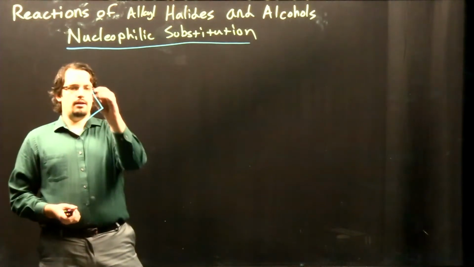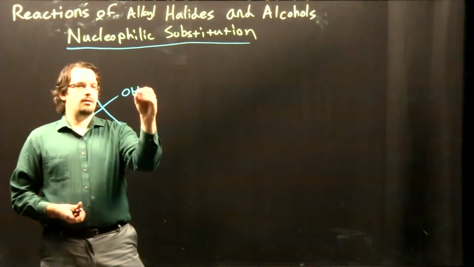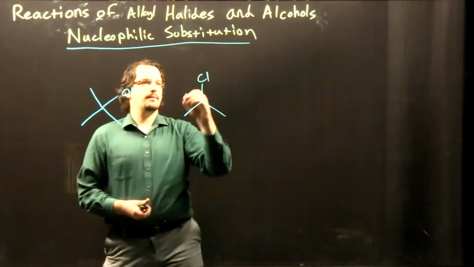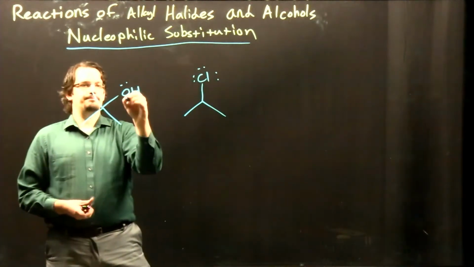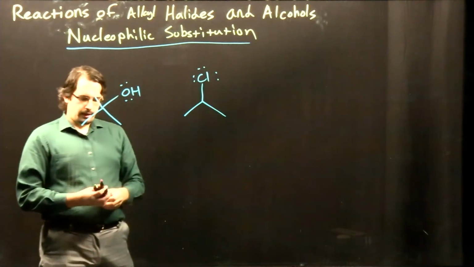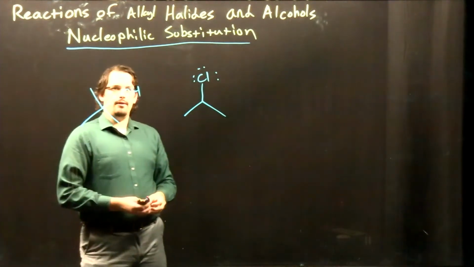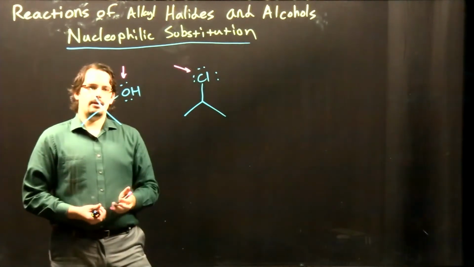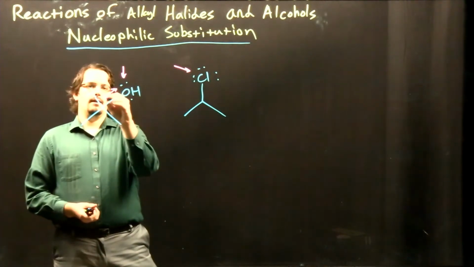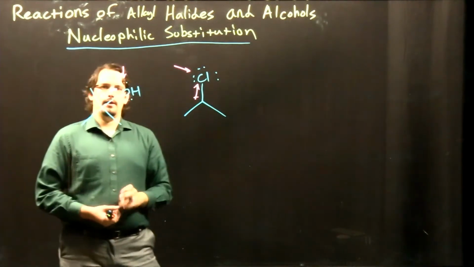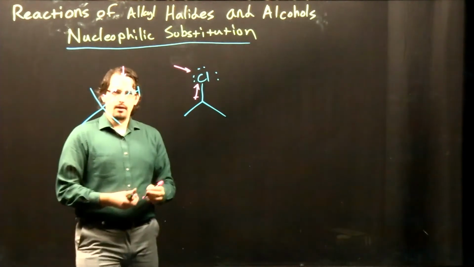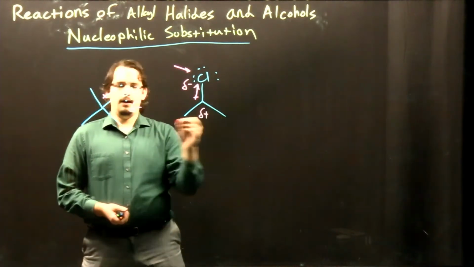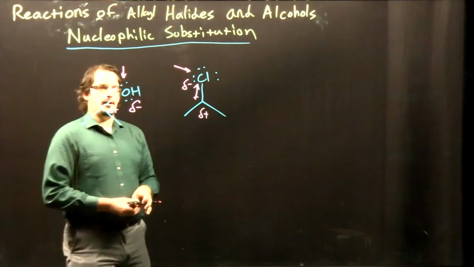So if we look at the structure of an alkyl halide or an alcohol, we have our alcohol here on the left. Here's a simple alkyl halide on the right. With all of our alkyl halides and our alcohols, we have an electronegative atom, our oxygen or our halogen, which is attached to a carbon. This results in a dipole towards our electronegative atom from that carbon. So we end up with a partial negative atom and a partial positive carbon in both our alcohol and our